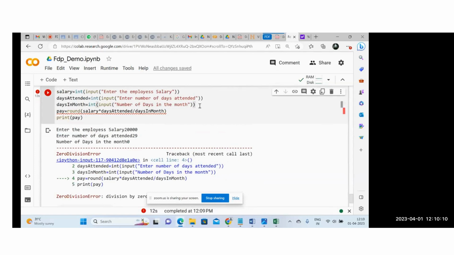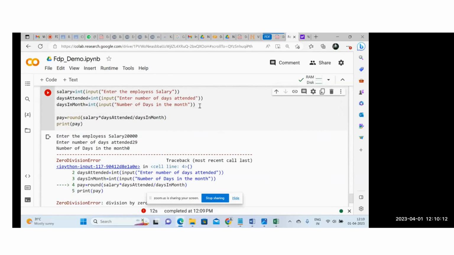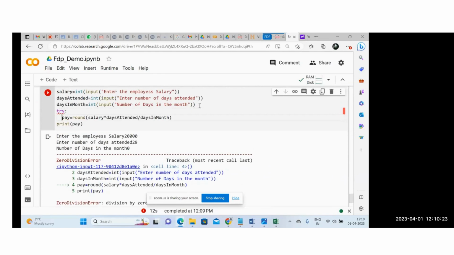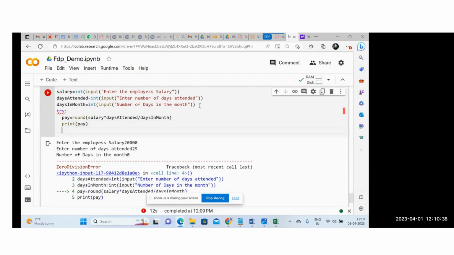So what we can do, all these suspicious lines which you think may generate an error, you are supposed to write within a try block, right? There's a block try, and I guess this is not a new term to you. You must have discussed and learned this point while handling Java. So what we did, we put it in a try block, and